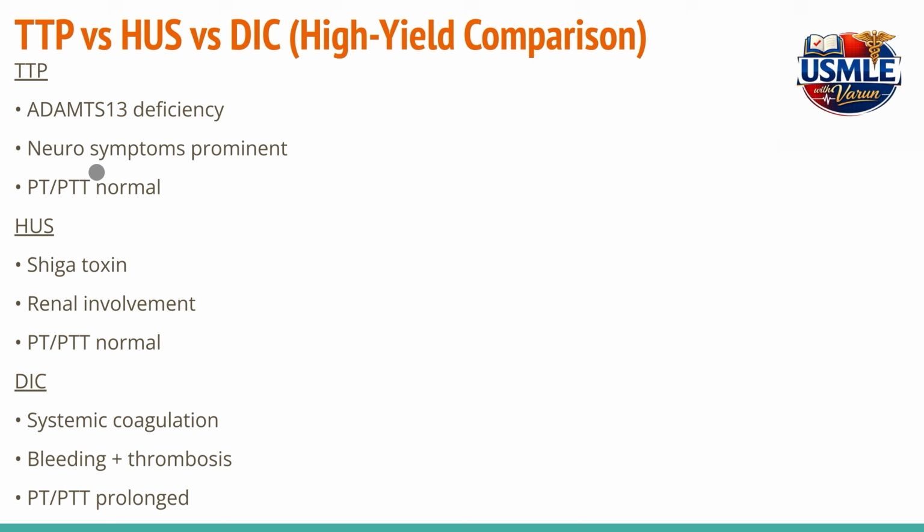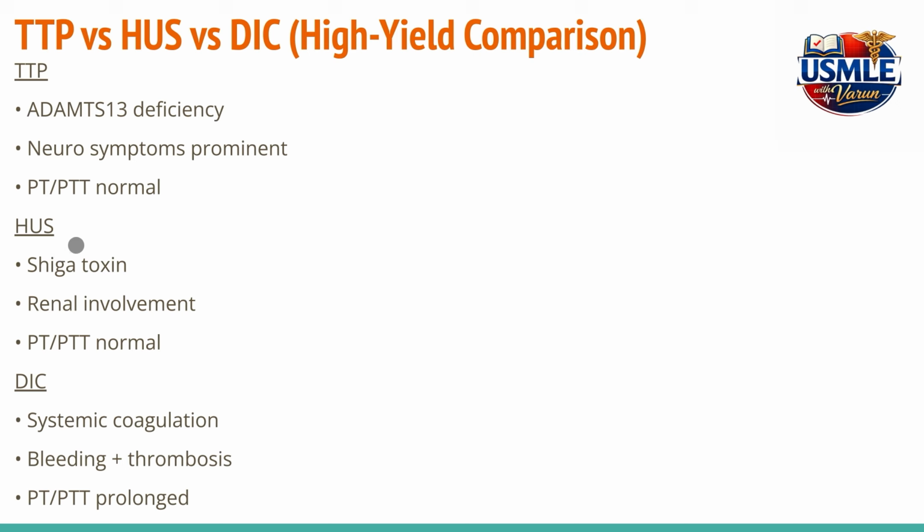The common features seen in TTP include neurological symptoms alongside the classic triad that we have discussed: thrombocytopenia, renal dysfunction, and microangiopathic hemolytic anemia. In addition to this classic triad, we can also see neurological symptoms and fever. We need to understand and memorize this. Most importantly, PT and PTT are normal in a case of TTP,